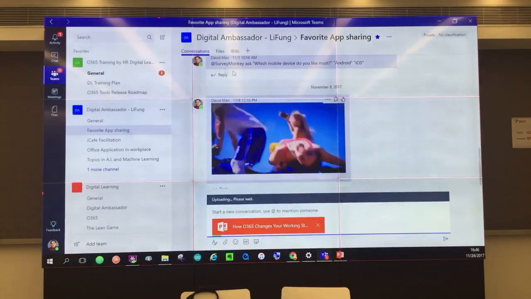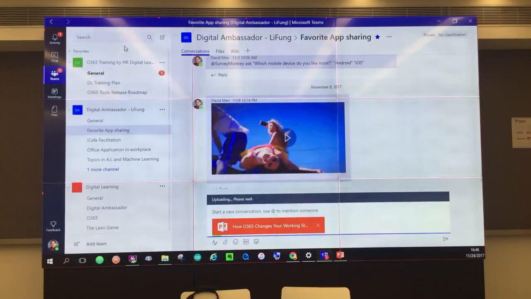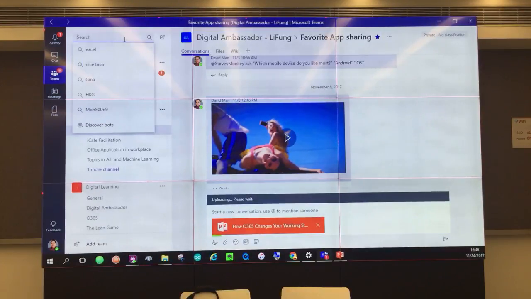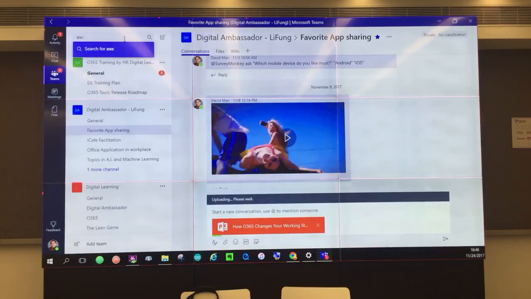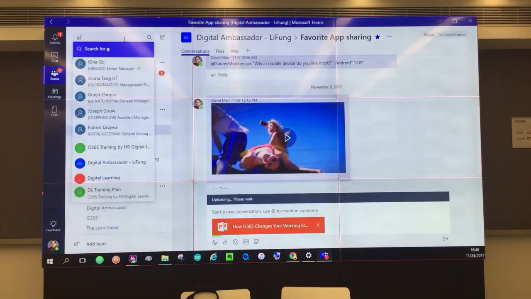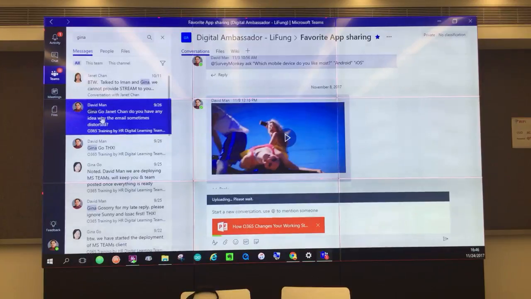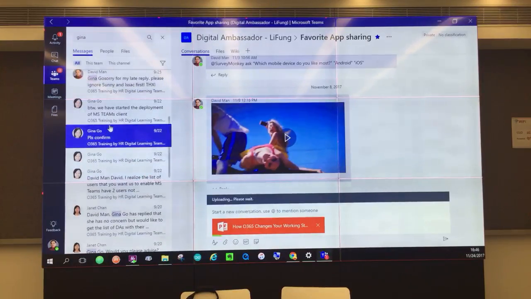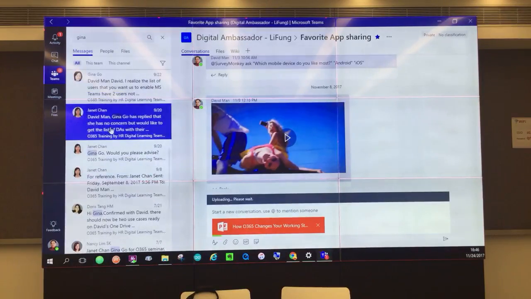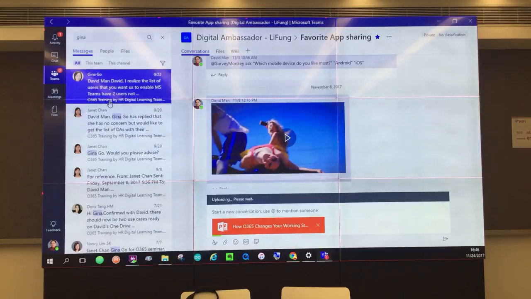And point number 2 is, as I mentioned before, if you would like to check what your boss has already promised to your team members, you may just simply key in some keywords. For example, if your boss called Gina, then here it will show all the dialogue which has the keyword Gina. And then you may check back what your boss has already promised to you and your team